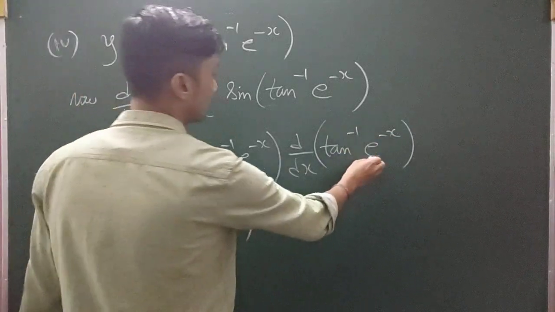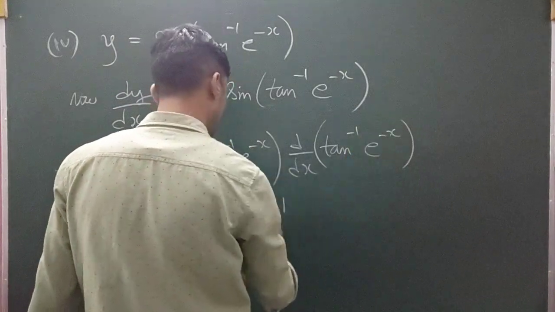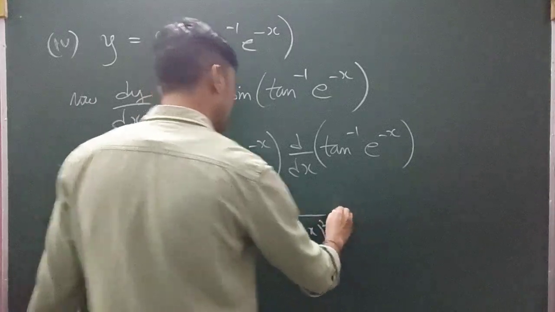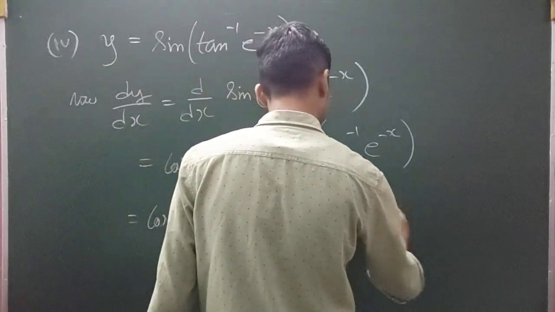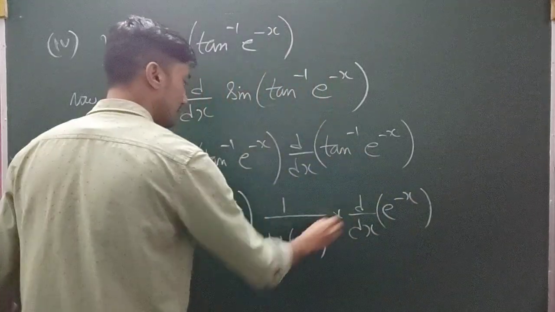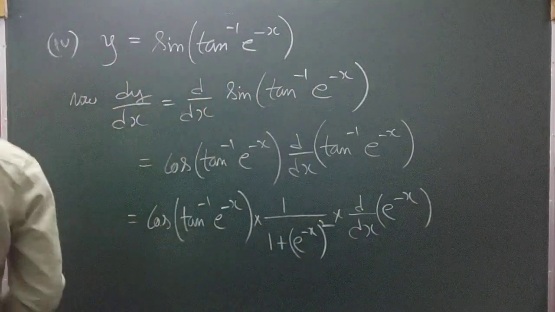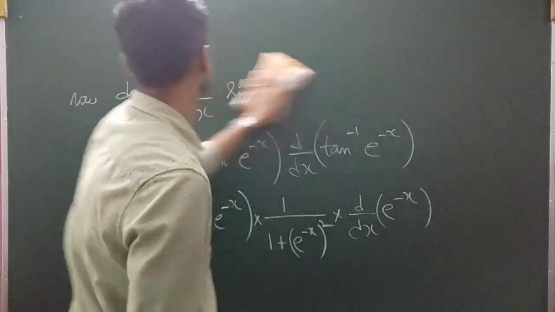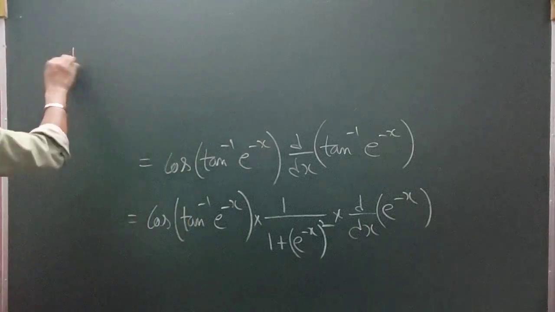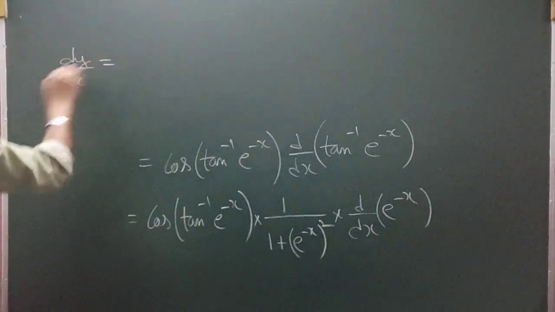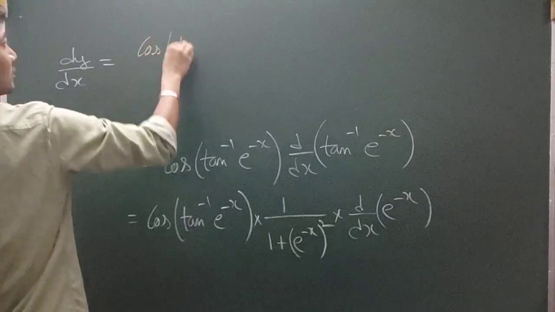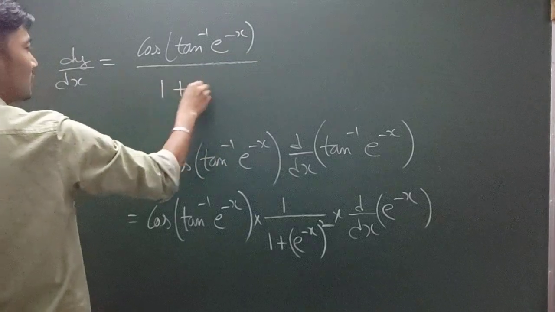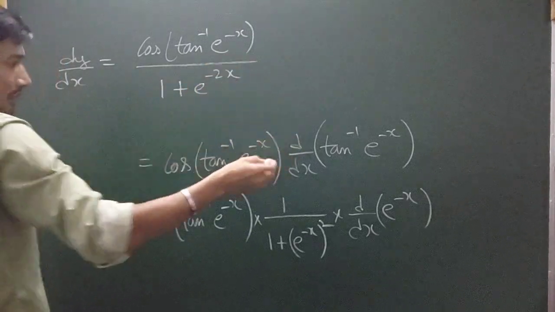Okay, what is the formula for the derivative of tan inverse x? It is 1 by 1 plus x squared. Then differentiation of e power minus x. Okay? I'm rubbing the upper part, done, no? So dy by dx would be cos of tan inverse e power minus x divided by 1 plus e power minus 2x, I guess you can understand, into